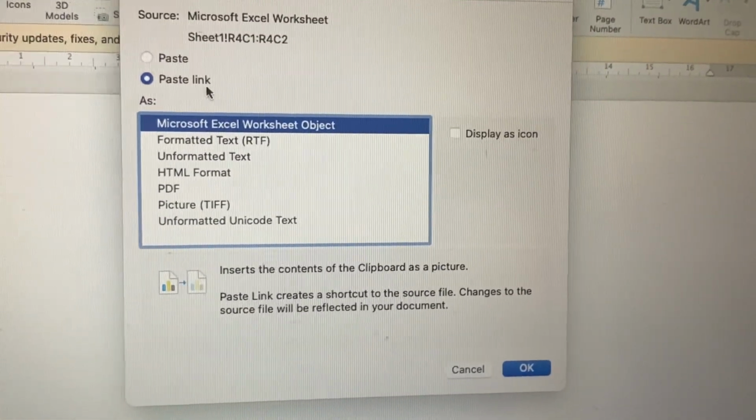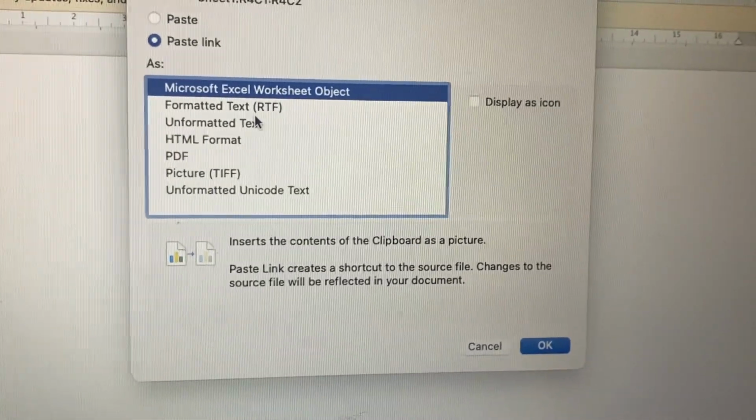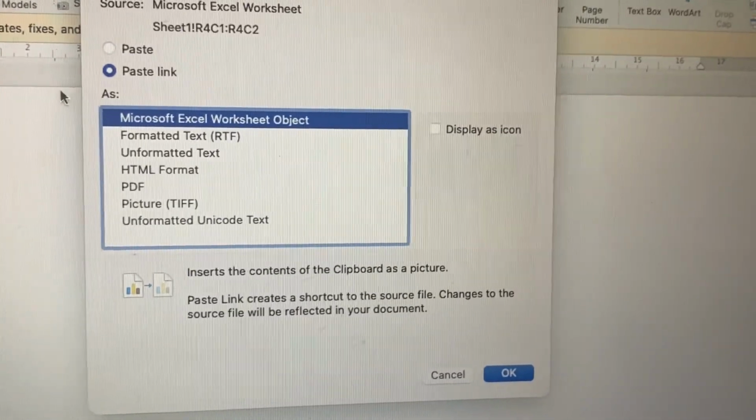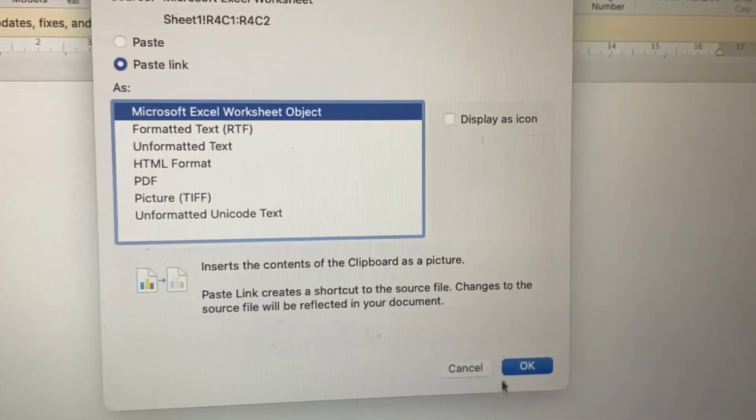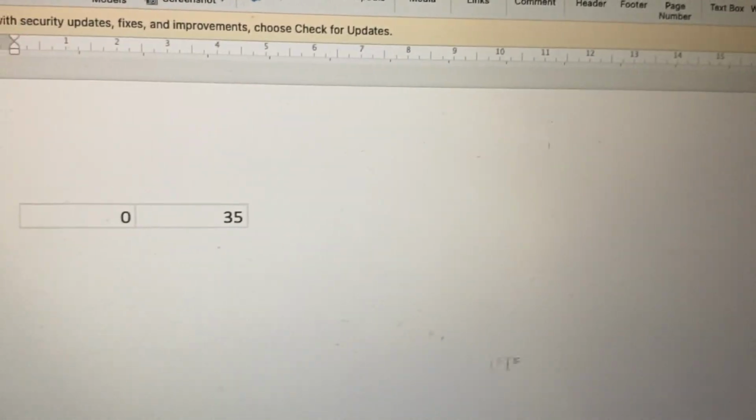So after, if you add the link, it will change your table, even if you change it in your Excel. So just tap on OK. So we just did not copy all, yeah. So let's just copy all